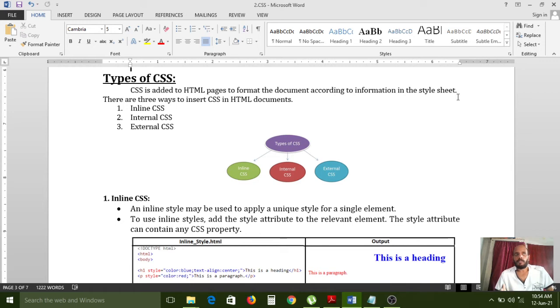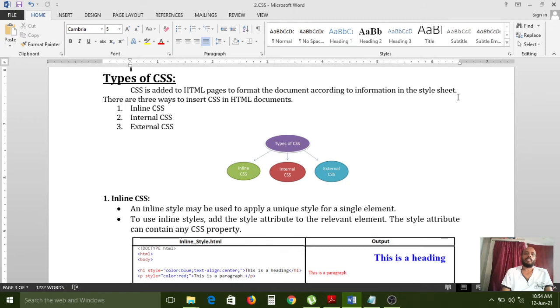Those CSS files we have to link in our HTML page in three ways only.